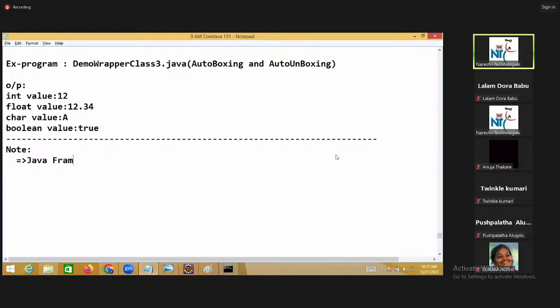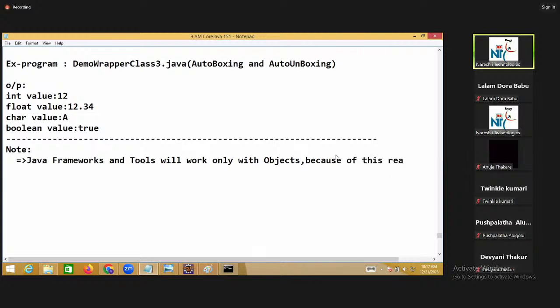Java frameworks and tools will work only with objects. Because of this reason, already strings are objects, and user-defined classes are objects.